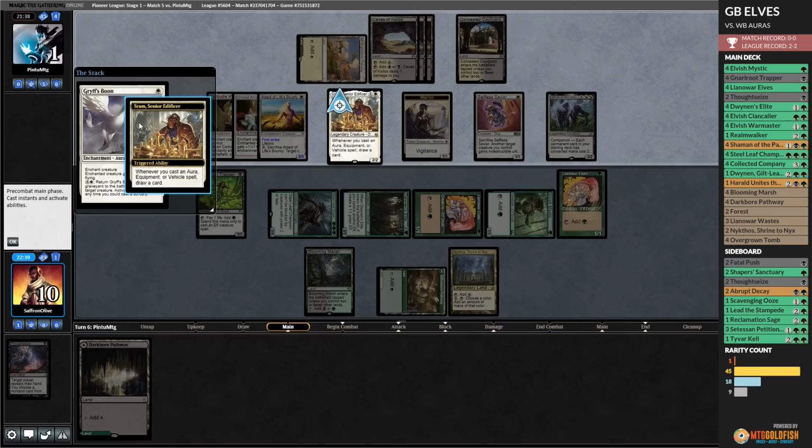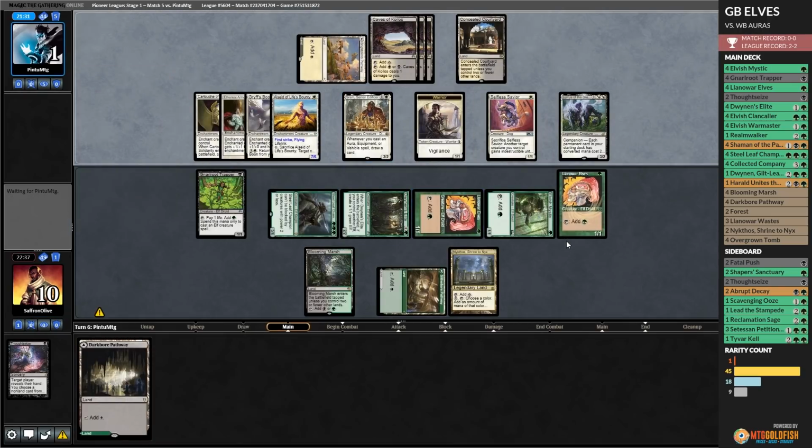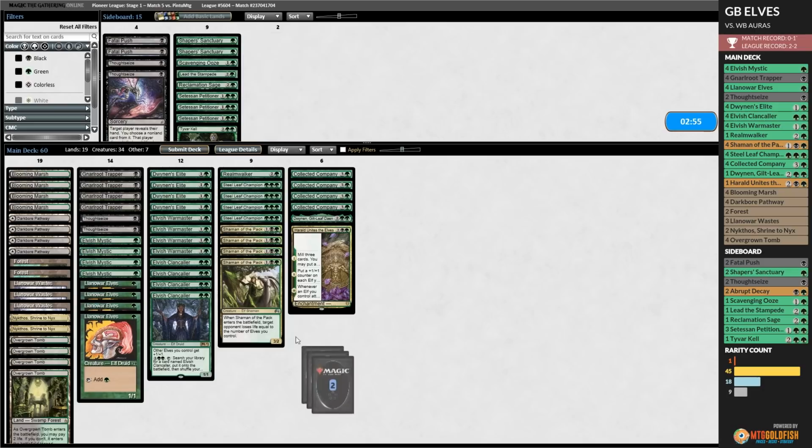Opponent. Ooh, all right, Griff's Boon off the Tizzy. Does this mean we're literally dead? Block, 9. So we're dead to any. Oh, they have that pump spell too, so yeah, we're dead. Yeah, oh boy. Yeah. Well, this is a matchup that I think is almost impossible for us to win in